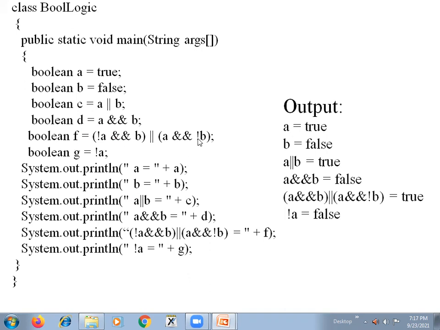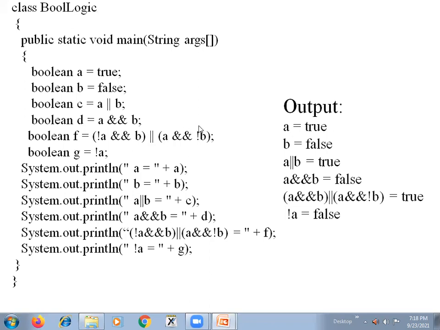Similarly, if I write an expression in this way: negation of A and B, or A and negation of B. First, the negation is evaluated first here. So A is what here? A's value is true, not true. Not true means false. So this logical not inverts the value here. True means false, false will become true. So not A will become false here, and B is also false. So false and false will be false. This entire thing will become false here.